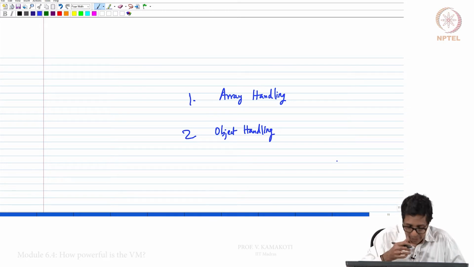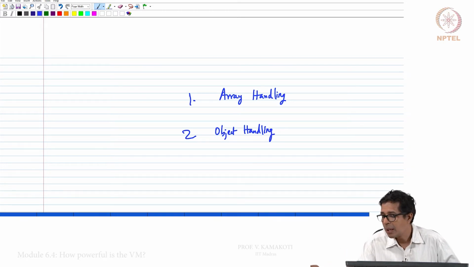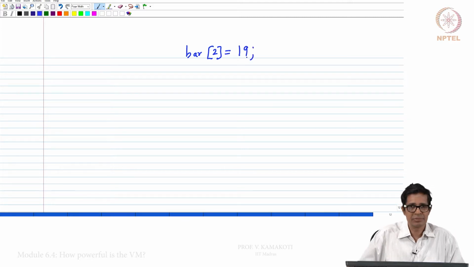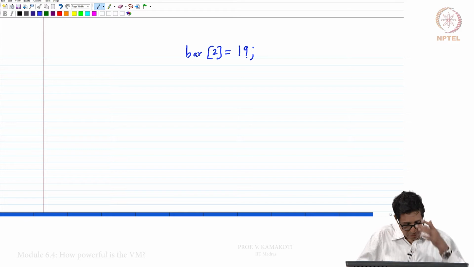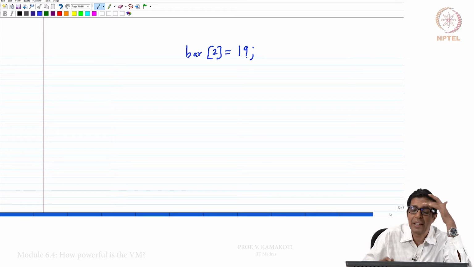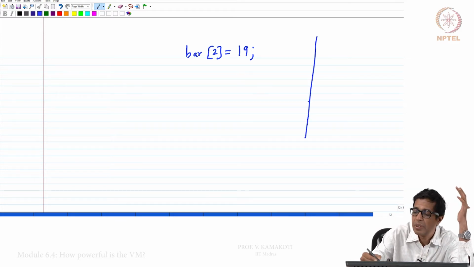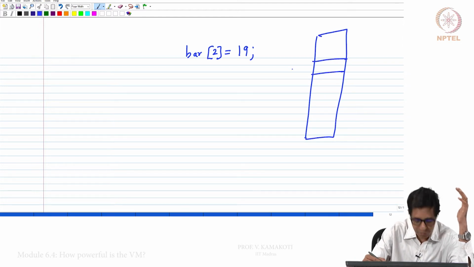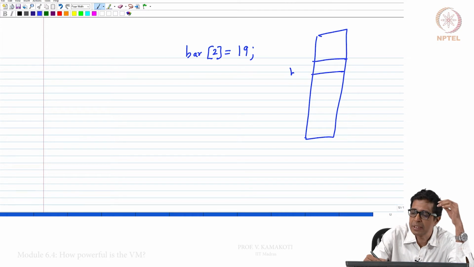Now, let us say we have an array called bar, and we are going to set the second element of bar to 19. In practice, in C, bar itself will be mapped onto some location, say 500, which will point to some 4000.